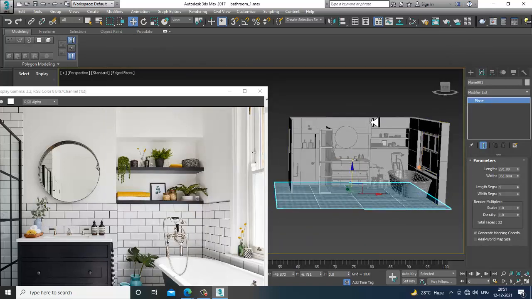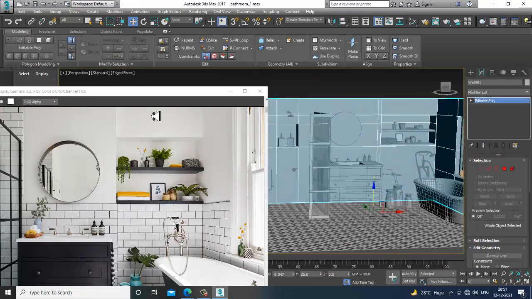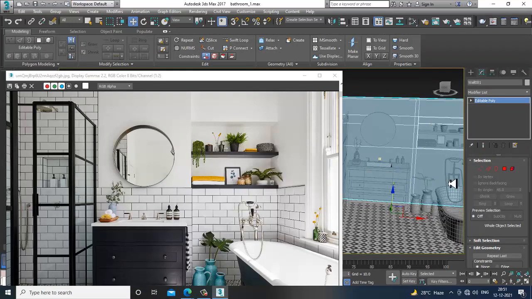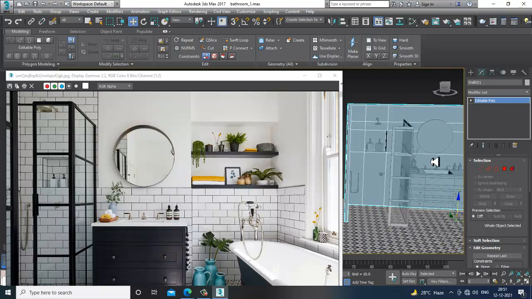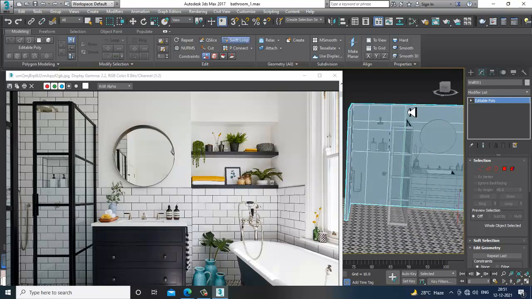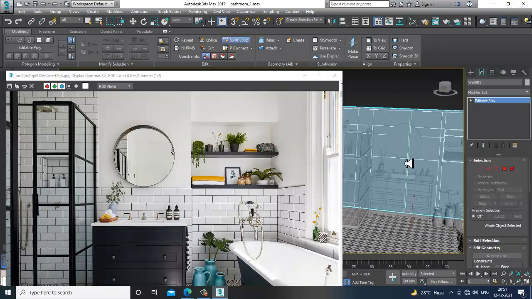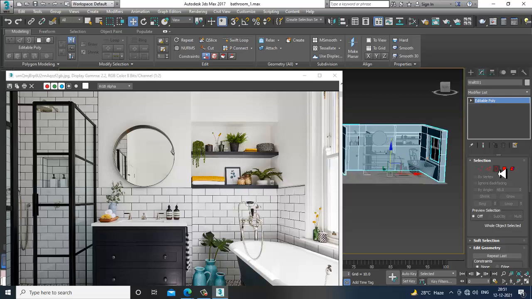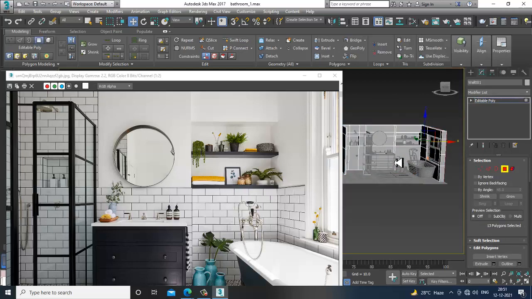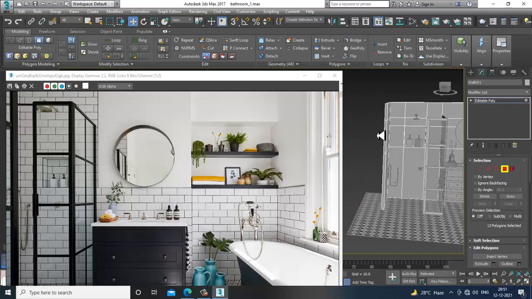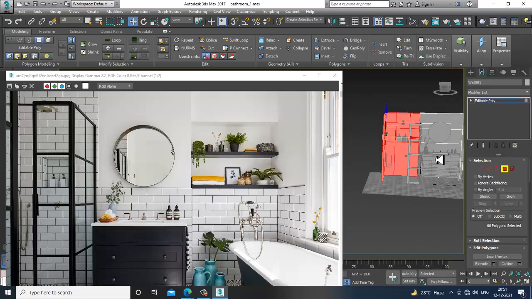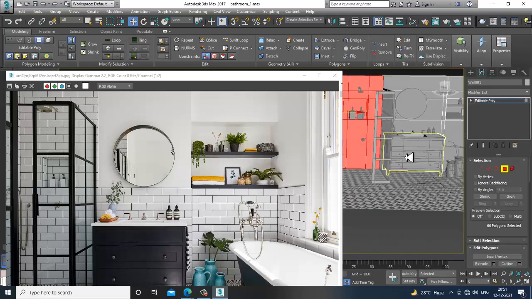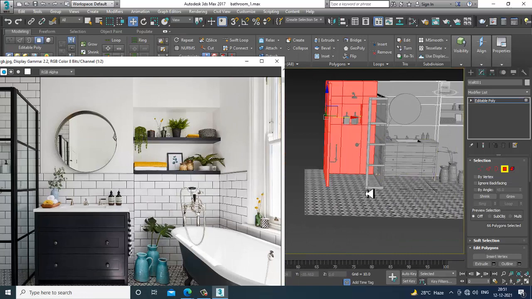After that, select this wall. Now what I'm going to do is put one swift loop over here for this. So select these polygons, this area, select this part. You can also use multi-sub object if you want.